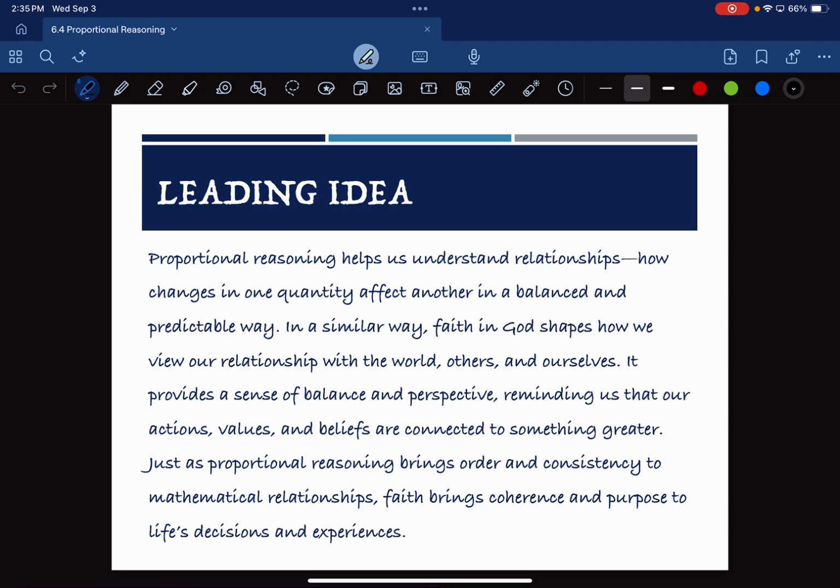Proportional reasoning helps us understand relationships, how changes in one quantity affect another in a balanced and predictable way. In a similar way, faith in God shapes how we view our relationships with the world, others, and ourselves. It provides a sense of balance and perspective, reminding us that our actions, values, and beliefs are connected to something greater. Just as proportional reasoning brings order and consistency to mathematical relationships, faith brings coherence and purpose into life's decisions